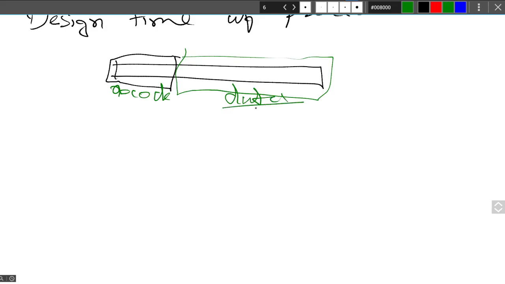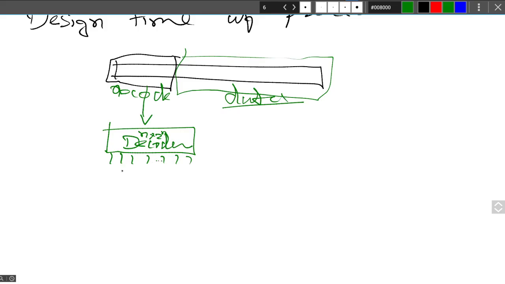Then you will have a decoder. Depending on the number of bits, these bits will be converted, n into 2 to the power n, and there will be different possible signals.